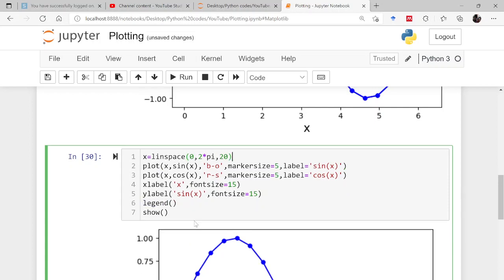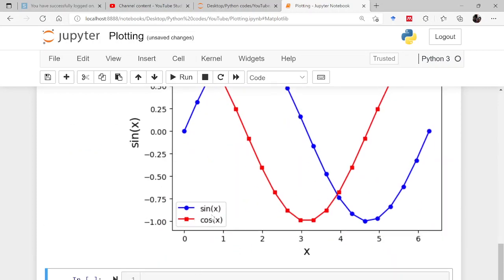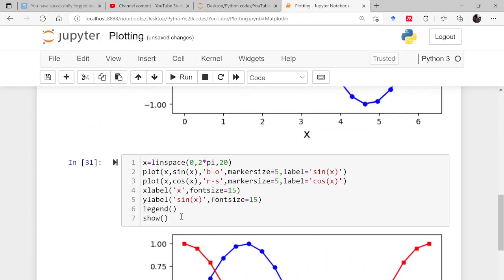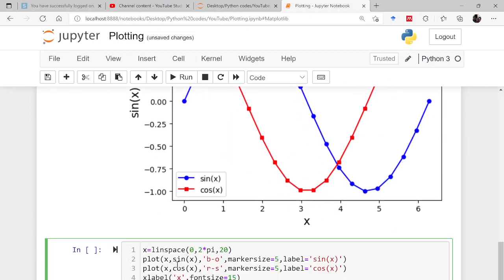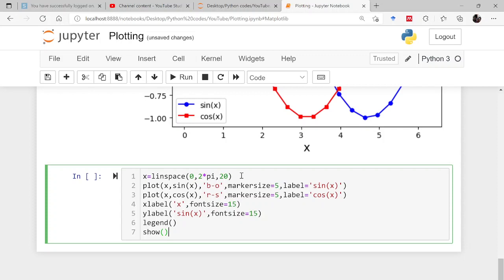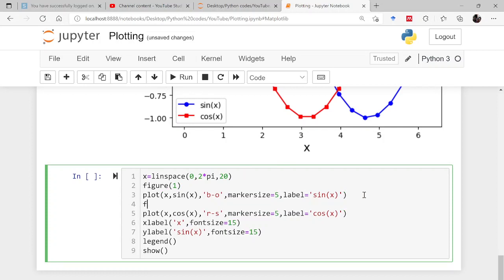So let us keep this as such, and let us come to the new window, and again this is figure 1 and this is figure 2, and the legend is not required.